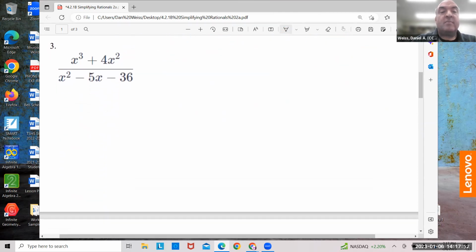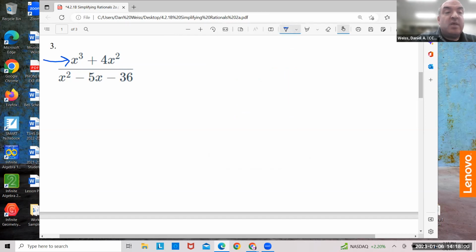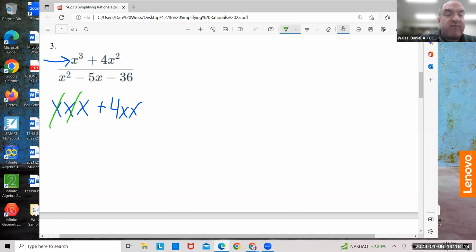Next. Look at this one now. I'm looking at the top first. X to the third is x cubed, and 4x to the second is 4x squared. Now, what's common to both? 2 x's. So I'm going to write down x squared, and then what's left? X plus 4